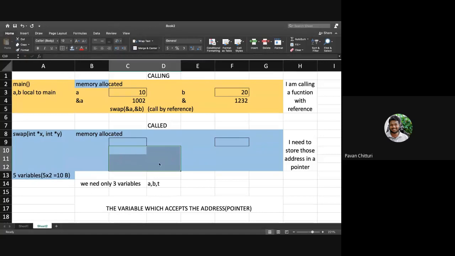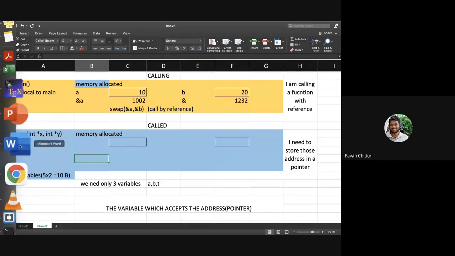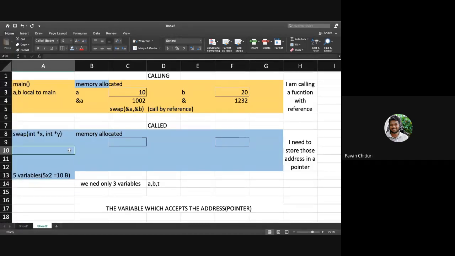So one more thing that we need to learn about pointers is how to get the value in the pointer. So now we are sending the reference here. I've got the reference here. The address, the star is having the value of x. So one more thing in the pointer, I'll try to explain the pointer concept to you again.